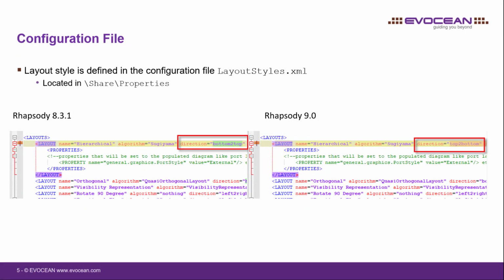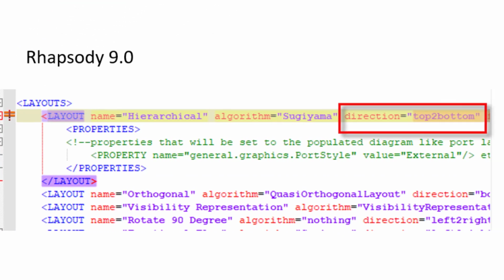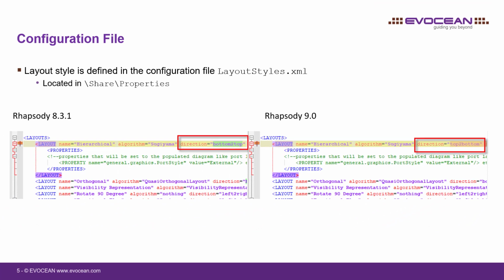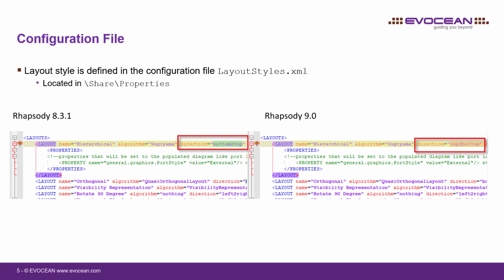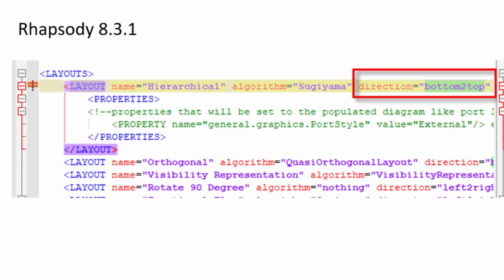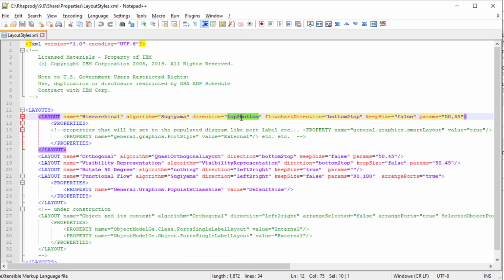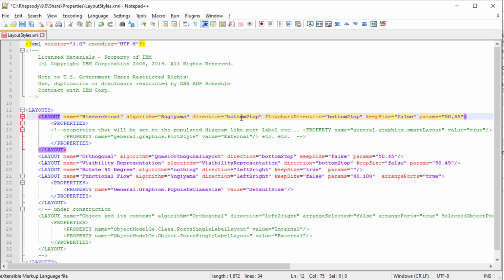When you perform a diff of the Rhapsody 8.3.1 and the Rhapsody 9.0 layout style file, you see the difference in the direction value. Here in 9.0 you see top to bottom, which should be okay. But the crazy thing is, it's exactly the other way around. So let's edit this file in Notepad. I change the value to bottom to top,